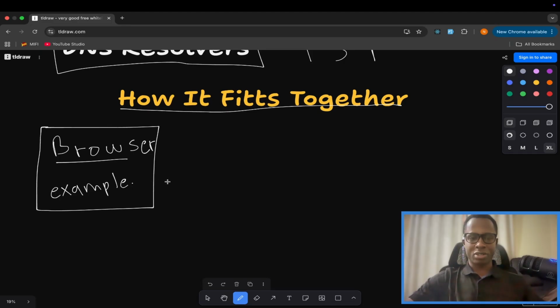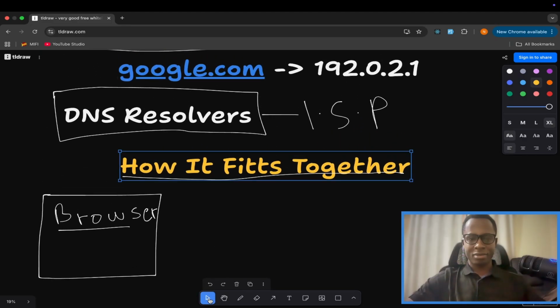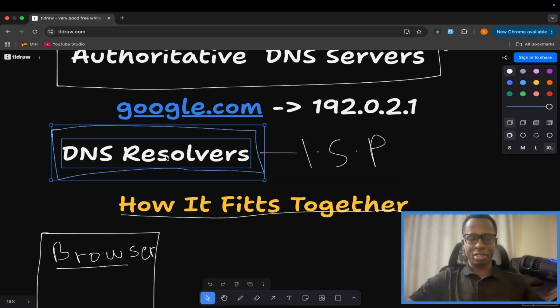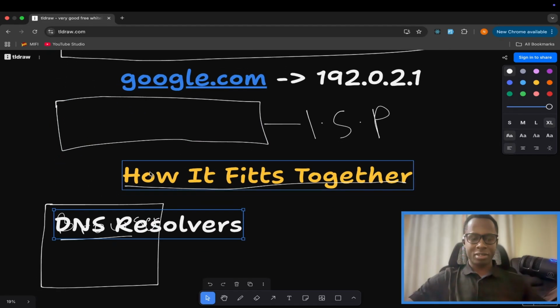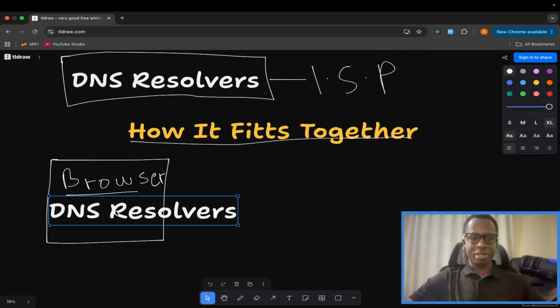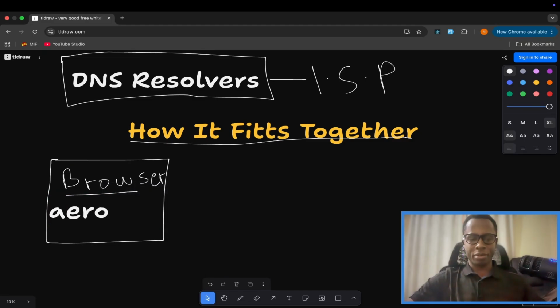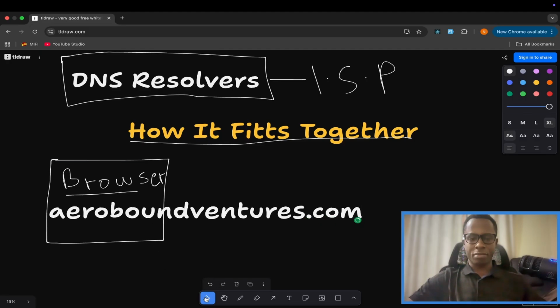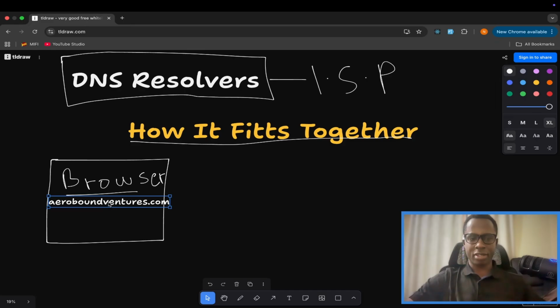Let me rather use my company that I've been working on recently. So I need to copy this text. I'll paste it down here and I'll say arrowbound ventures.com. Then I'll reduce this slightly. Okay. So if a user types this in their browser,